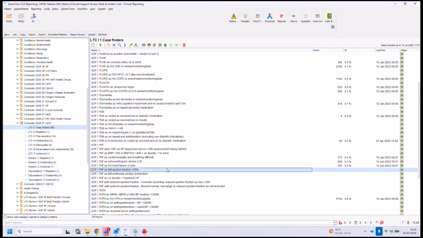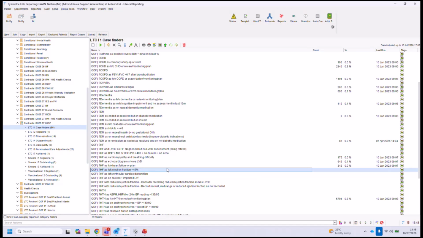If you were to run that as a practice, that would identify any patients that have got that coded, but they don't actually have a code of heart failure. Now, you might have 0 on some of those, which is good because it means that you're doing a good job. But I would say have a look at these and see if there are any patients that we could be adding to the register to make sure that we're getting paid for them.